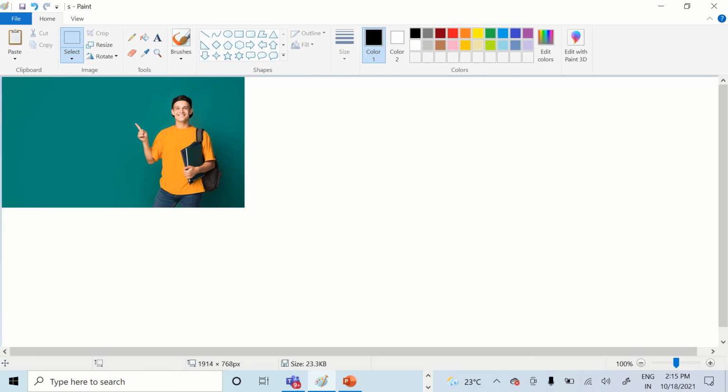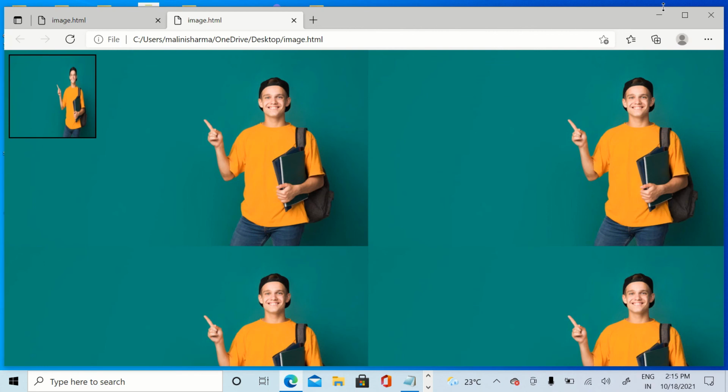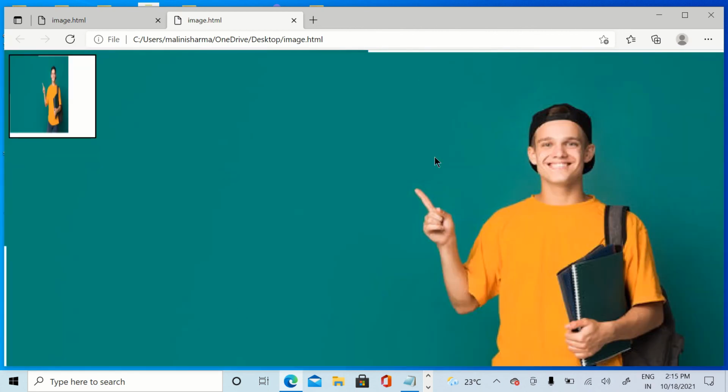After that we have to select the image like this, and after selection drag it like this. Ctrl S, and now we see the output. F5 for refresh. This is the output.